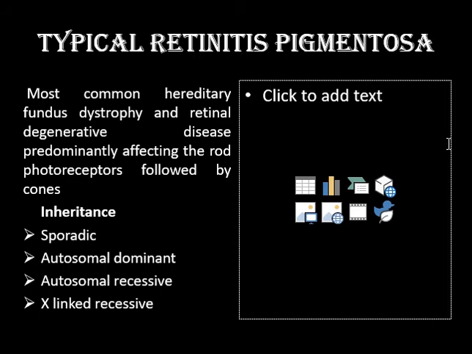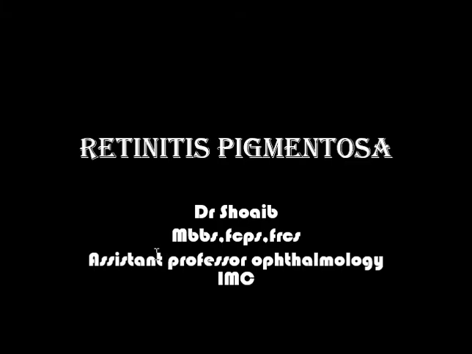This inheritance is very important because it can be of all inheritance patterns. It can be sporadic, autosomal dominant, autosomal recessive, and X-linked recessive. These are important because these different kinds of inheritance pattern are associated with different severity of the disease. The X-linked recessive pattern is associated with the most severe form of disease, with decreasing order of severity as we approach the